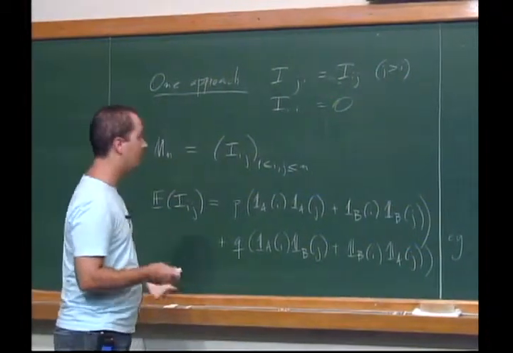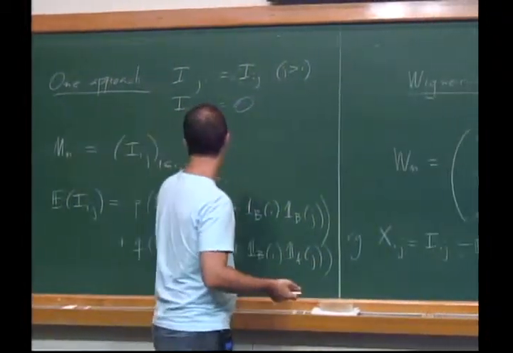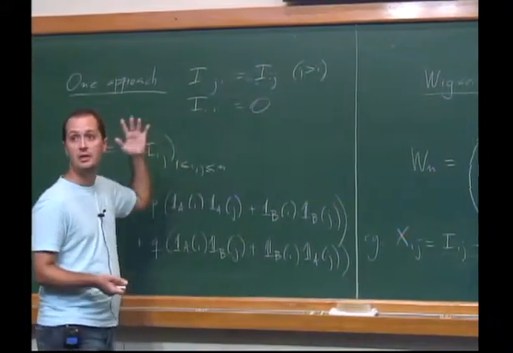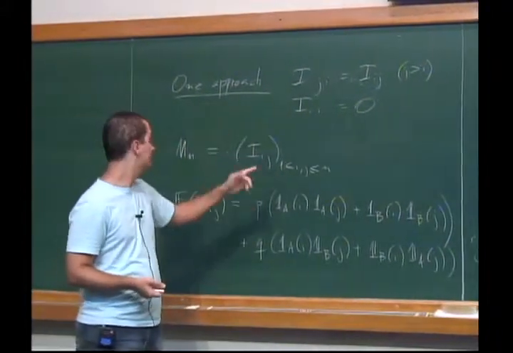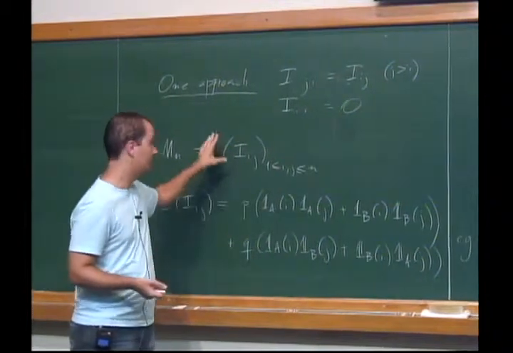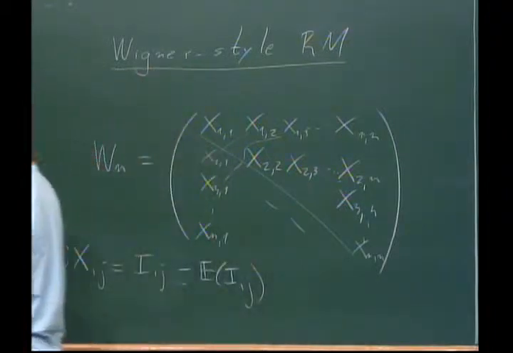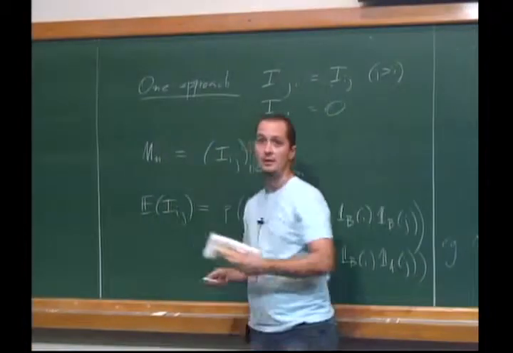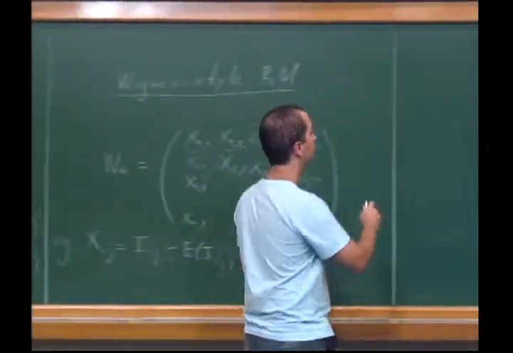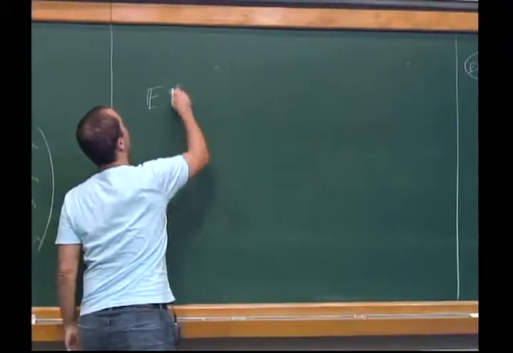So what about this matrix tells us that we should be able to infer A and B from the matrix itself? Well, let's take a look at this. The first thing I want to do is to rewrite this, to write the expectation of the matrix M_n. So what is the expectation of a matrix?